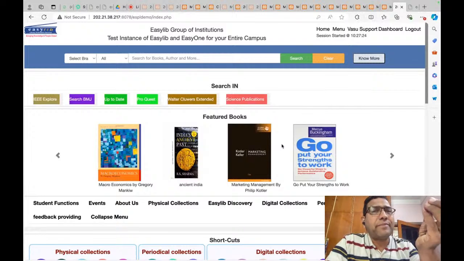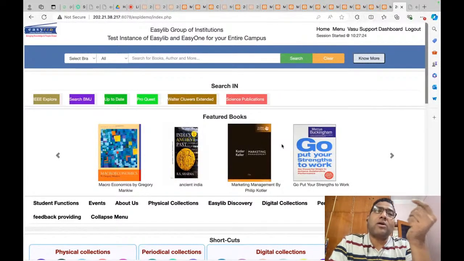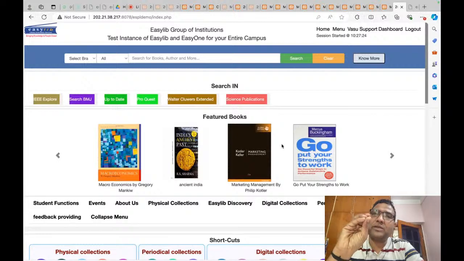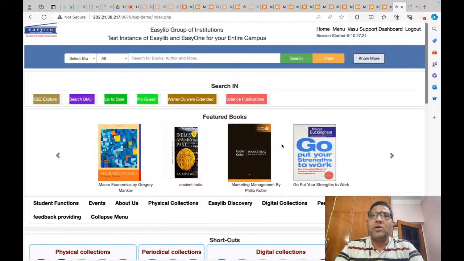On average, the usual calculation is one library staff per 500 students. If you are a college with about 2,000 students and you buy, let's say, 4 library staff users, you are paying about 1 lakh rupees. That is 2,000 students, 50 rupees per student per year. Just 50 rupees for such a big software, one that will give you so much functionality,